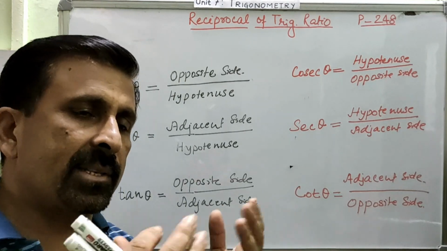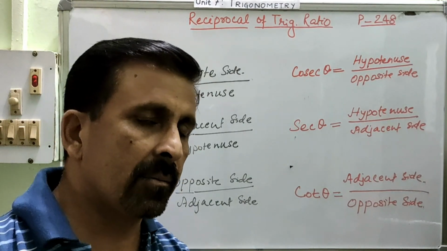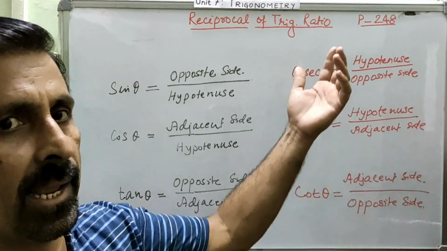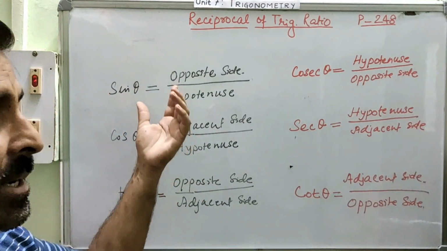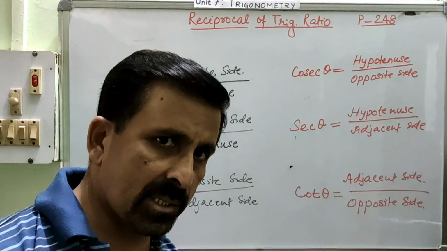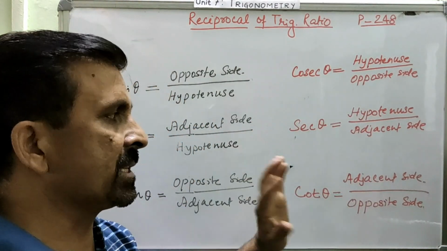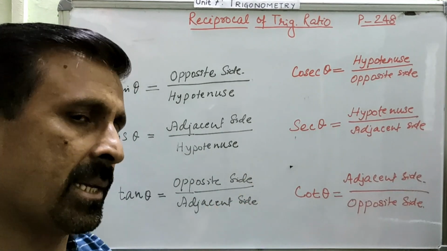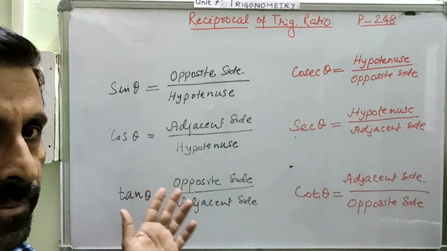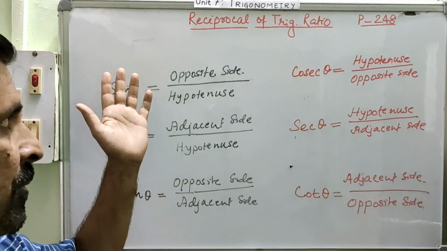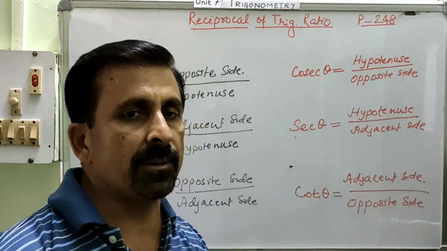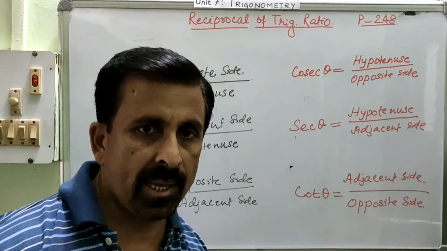In the previous exercise, you calculated the angle for the trigonometrical ratio. Here also you will be asked to calculate the angle for the trigonometrical ratio. In the previous exercise, you were asked to calculate the value of the trigonometrical ratio for a particular angle. Here also they will ask us the same thing. So there is no difference in the questions of the two exercises. It is exactly the same, but only in the previous exercise you calculated the things for the fundamental trigonometrical ratios. Now we are going to calculate it for the reciprocal. So we will go to the exercise now.